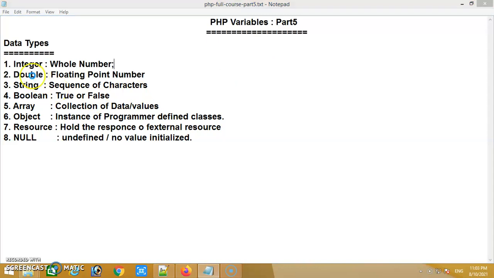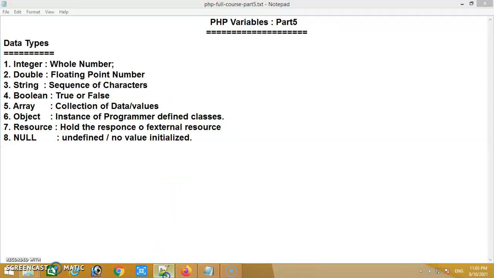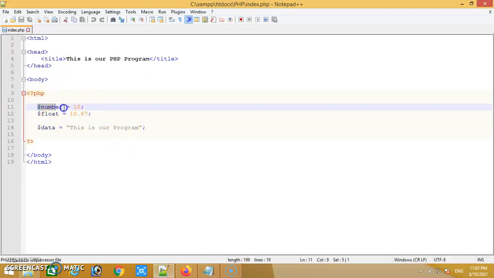In my previous tutorial I discussed integer, double and string, and I showed in the program how they can be declared as well as initialized. This is the number, this is the float, the double type of variable, and this is the string type of variable.